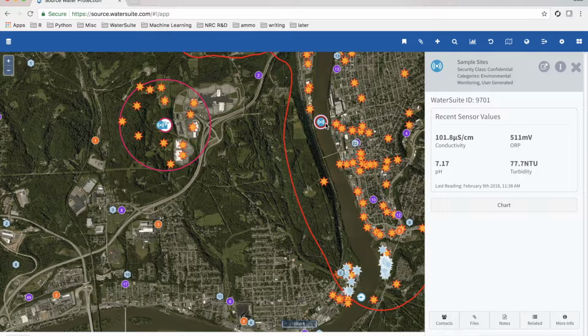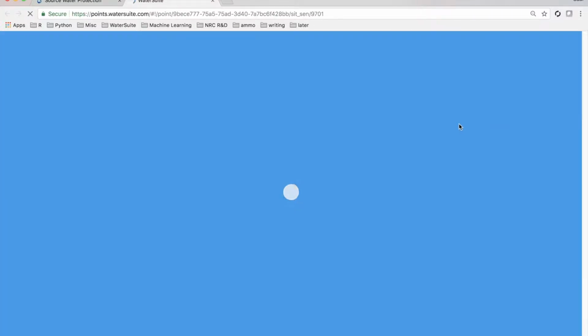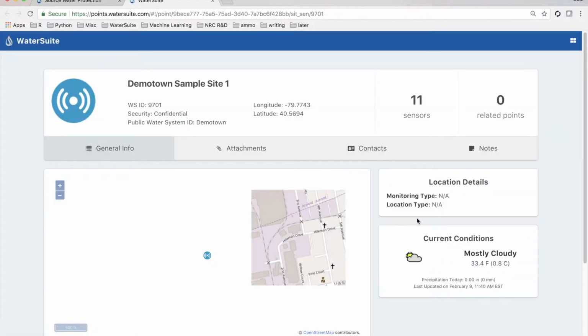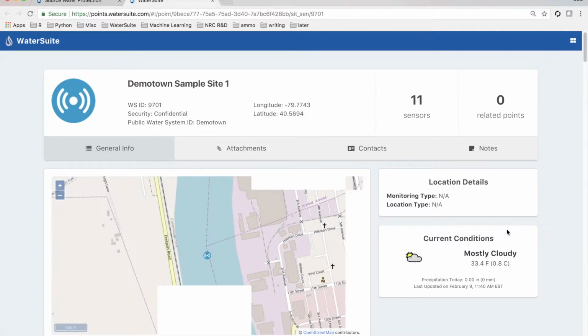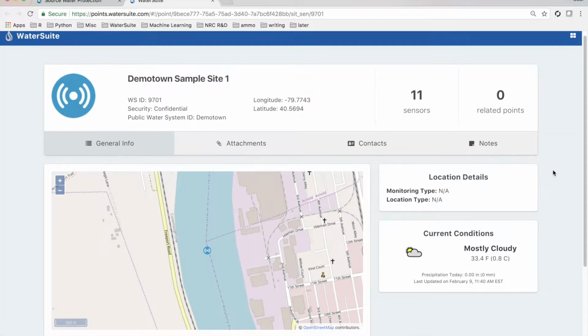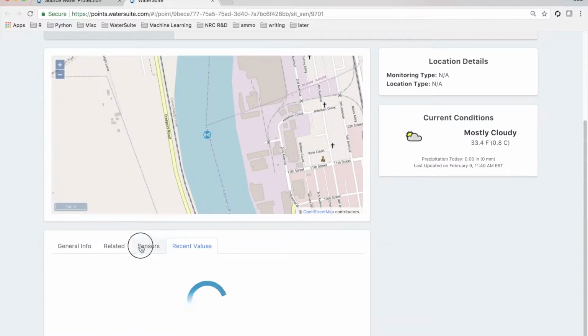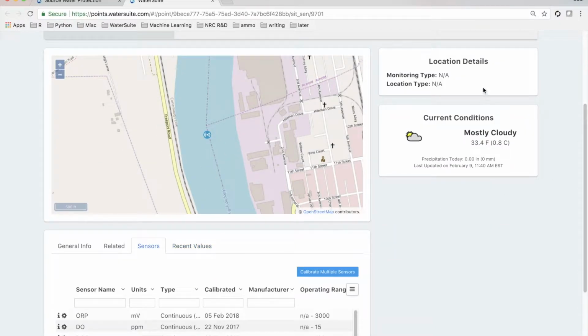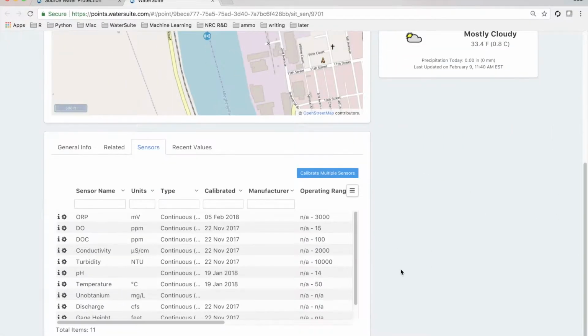As you can see, we can have sample sites both within our surface water zones of concern and next to our wellhead locations. From here, we can actually open a site dashboard just like we did for sites of interest for the sample site. Within this, you see the same functionality of attachments, contacts, and notes that you saw on the sample site, along with some different widgets down here. We still have the map down here. We have any details about the location, current weather conditions,